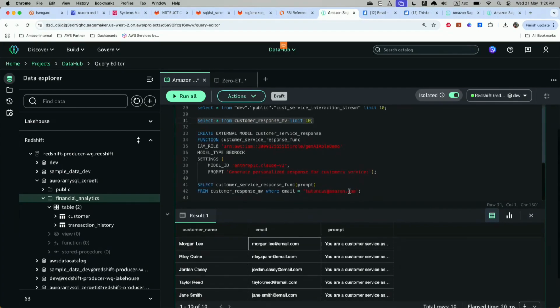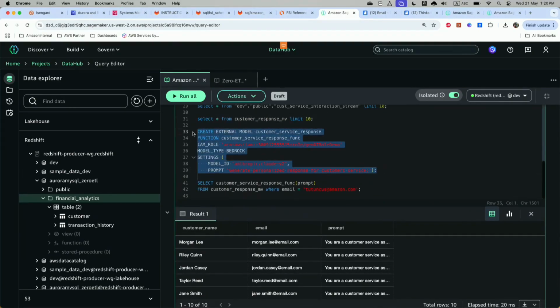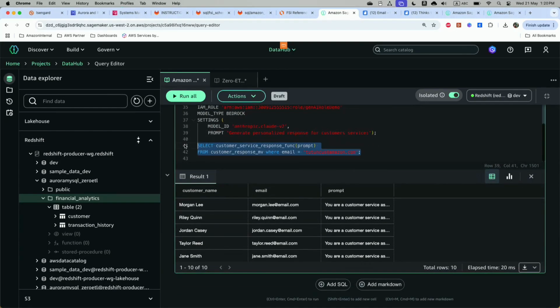And the next step, here in the highlighted part, I am creating an external function which connects to Amazon Bedrock, right? The key point here is you can also use SageMaker, but instead of the model ID or model name, you need to define the endpoint. So here, the source of my function is Bedrock, and I'm using one of the Anthropic models, okay? And then the next thing, you just need to call this function. You can think of this as a UDF, a user-defined function,